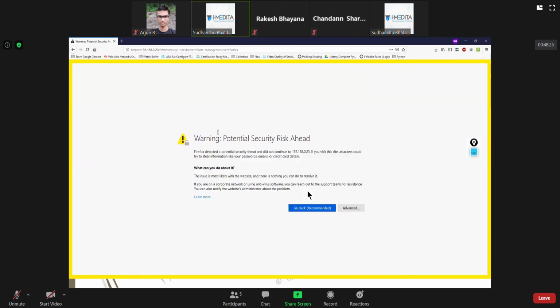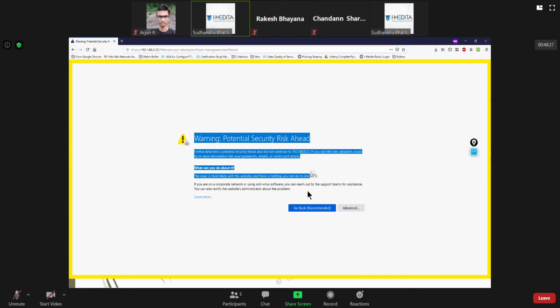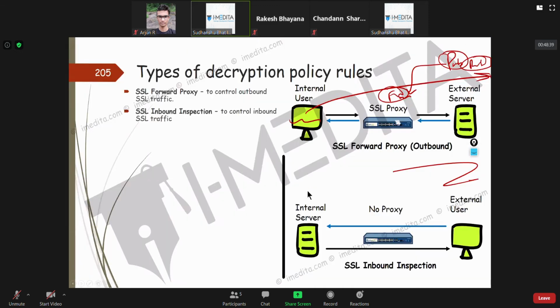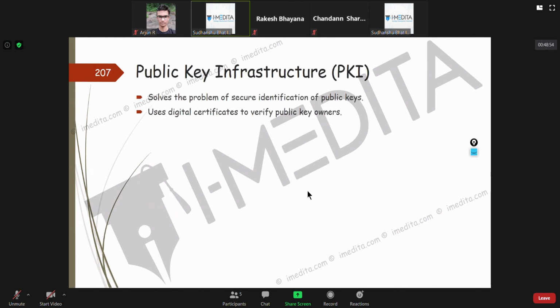Now, since you don't want people to be able to open this, as a network admin, what we do is we have a forward untrust certificate. In that case, the firewall will be giving this guy a certificate showing that this certificate is not trusted. Are you getting my point? Let's look at it from here.